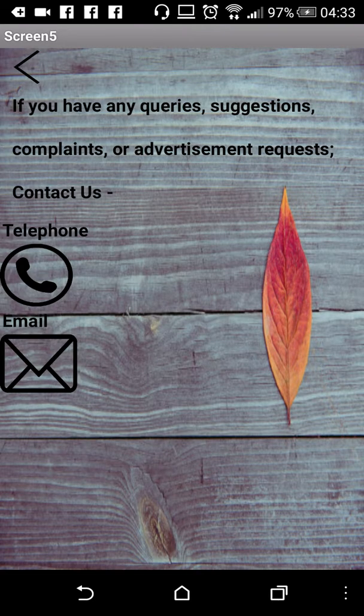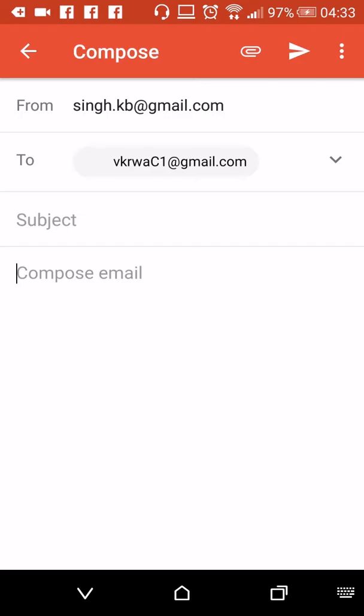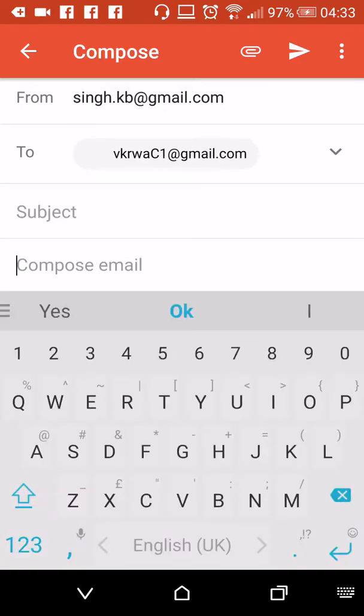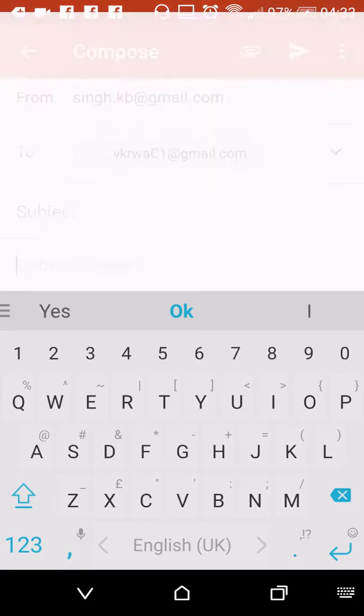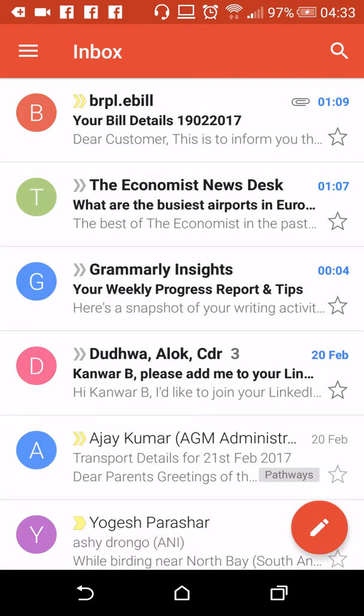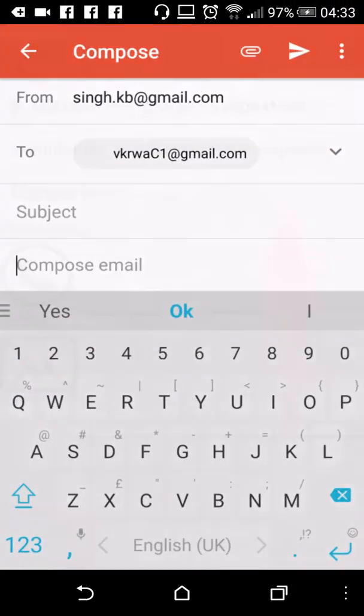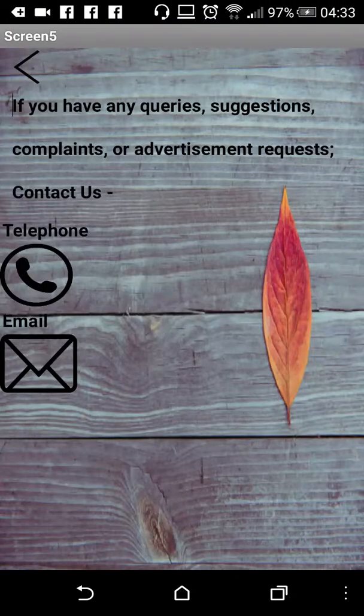The next icon is the email icon. If you press this, an automatic email is composed to the RWA, so they can easily type emails from here. So if we go back now,